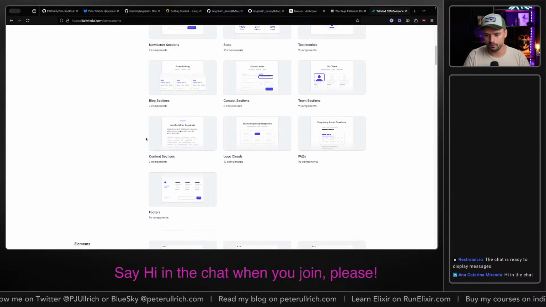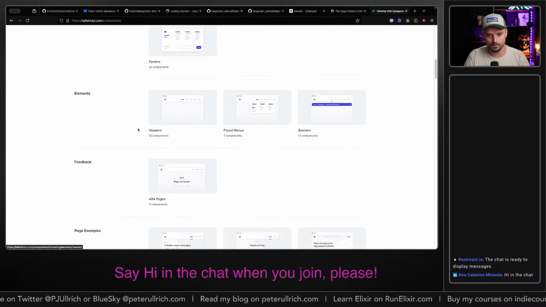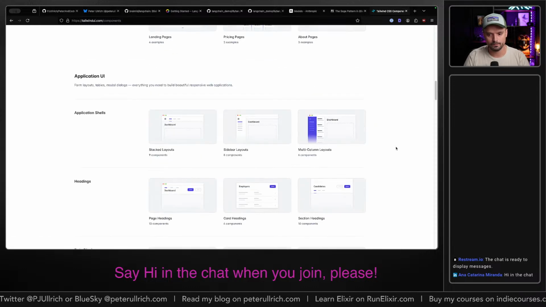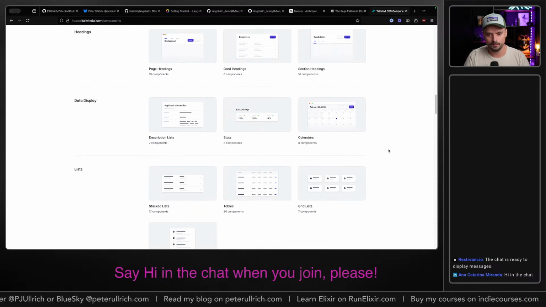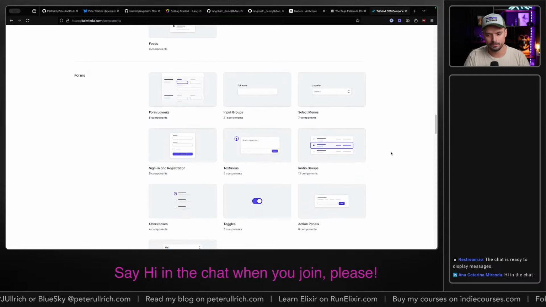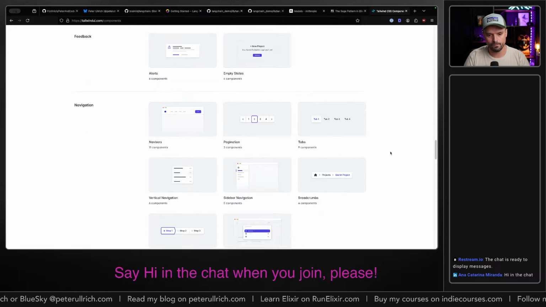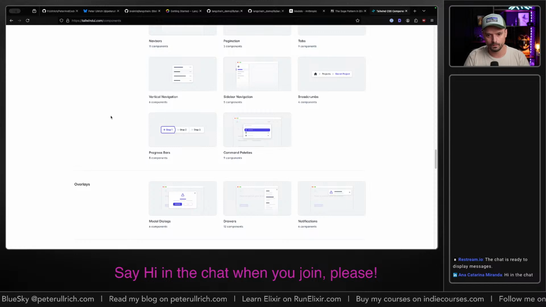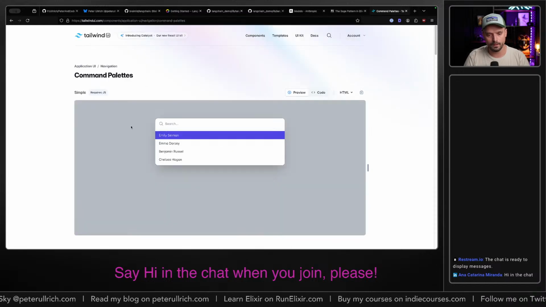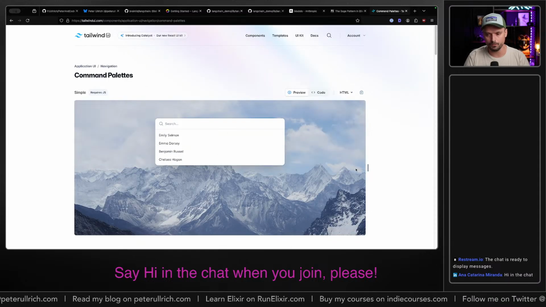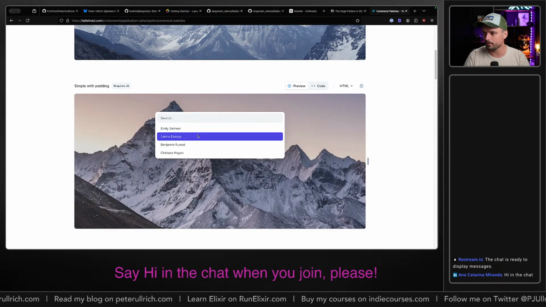Components. What can we use? FAQs. Multi-column, card headings. Command palettes. Oh, that's cool. They added this lately. Yeah, this is super useful, because every single app has that now, right?